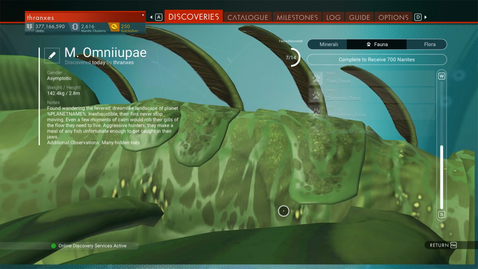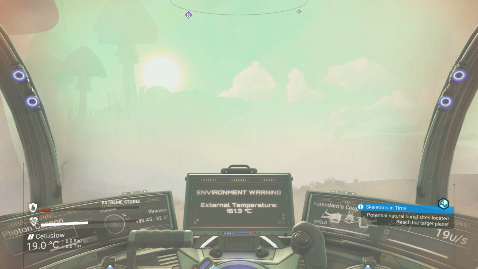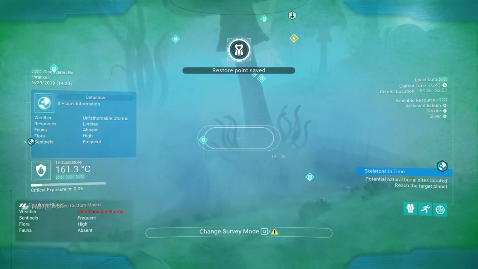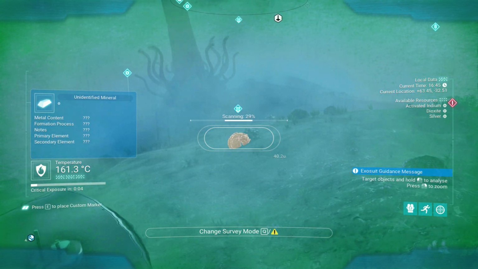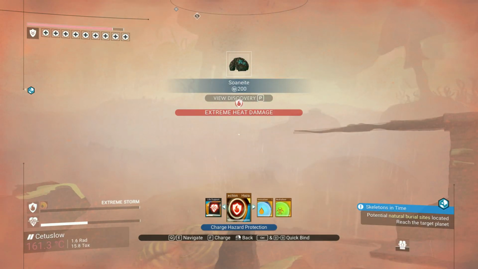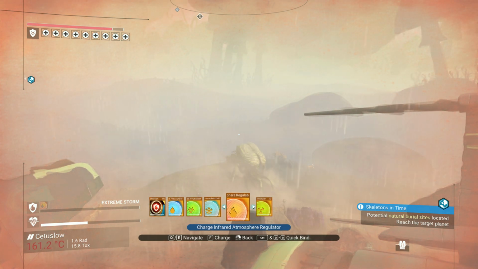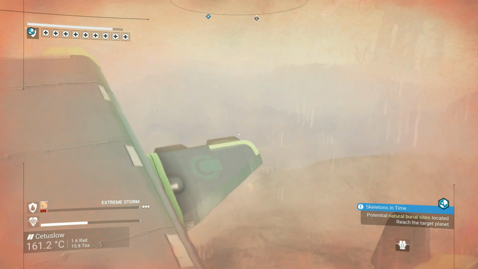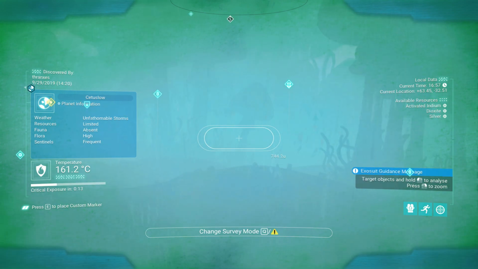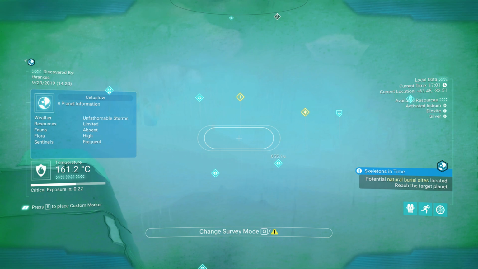And many hidden toes. I don't even know what that means. Wow. Suppose we could scan some of the flora and minerals, maybe. No, not the hazard protection, the heat regulator. I'm not trying to scan the storm crystals, but none of these larger plants are going to allow me to...